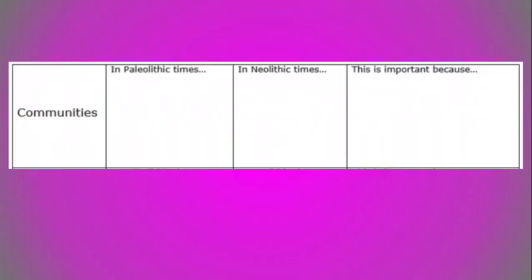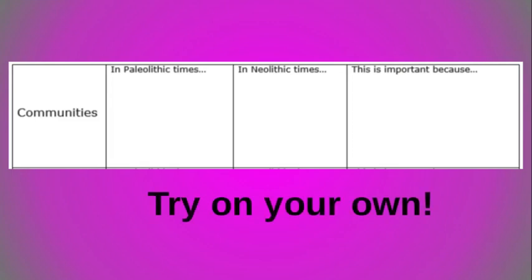All right, so when it comes to our notes, I actually want you to try these on your own now. So what you can do is you can reverse the video and you can go look at my little slide where I said, in Paleolithic times and Neolithic times. Don't write down everything though. Please try to capture the big ideas. So what were communities like in Paleolithic times? What were communities like in Neolithic times? And why is the shift of that important? Why is it important that we started to live life a little bit differently? I will be checking these notes at the end of the video. So just try your best. And if anything is off or we need to revisit something, I will do that with you.